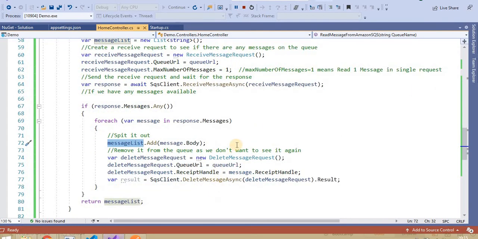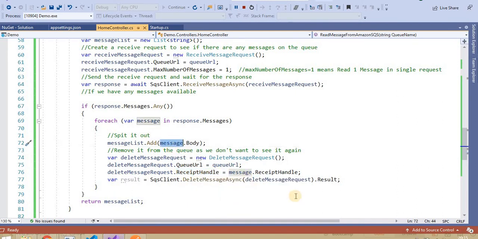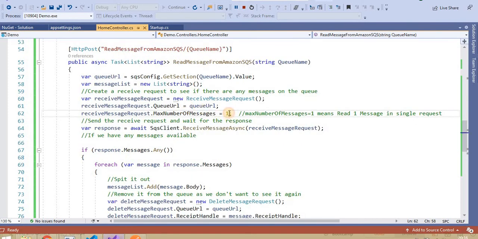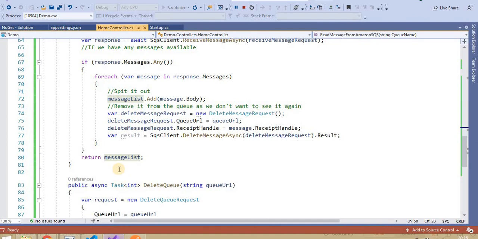And yes, we need to make sure while coding that once we read a message we must delete that message. How can we delete it? For that we have the DeleteMessageRequest. To that request we need to pass the queue URL, and this important property, the ReceiptHandle. It means in that particular queue, the message we want to delete, we can get from the message object using the message.ReceiptHandle property, and DeleteMessageAsync will delete that particular message. If I pass 5 here, it means we get 5 messages in one hit, and then through the loop we store all 5 messages in the message list and we can return it, right?